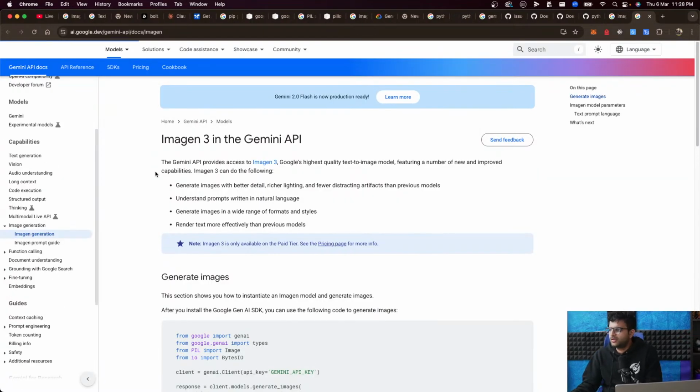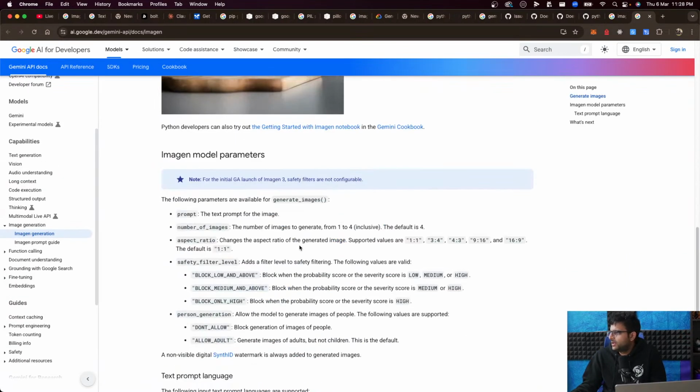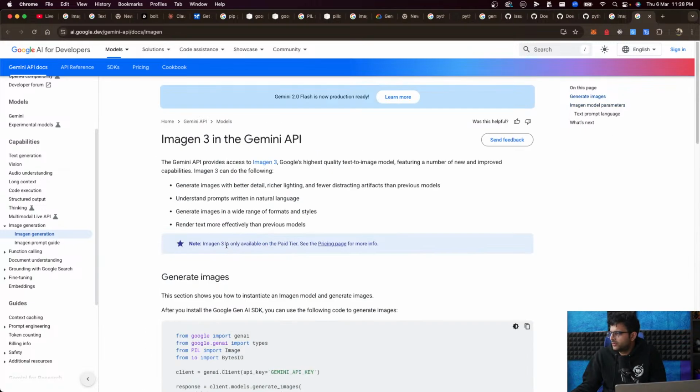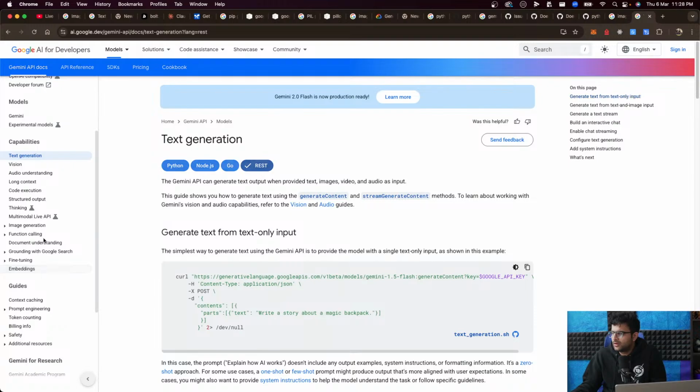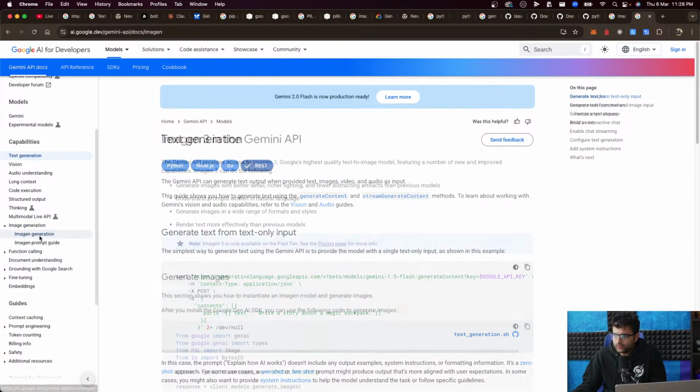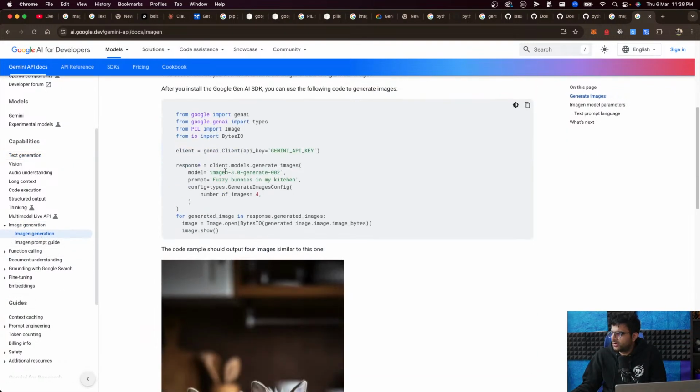Let's see. Only Python APIs. How do I convert this to HTTP? And why does it not already have HTTP REST? Go back to image gen and hope for some magic. Magic doesn't appear. Oh God, will we have to go through their code base?